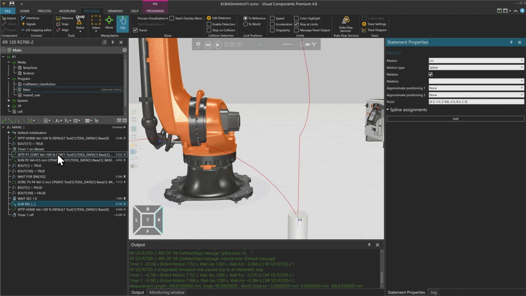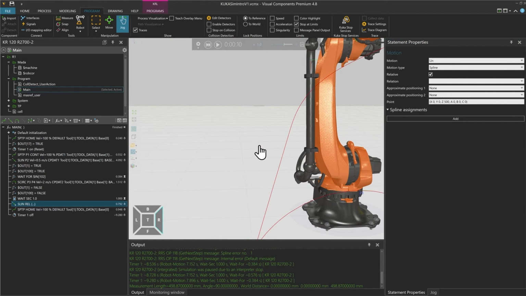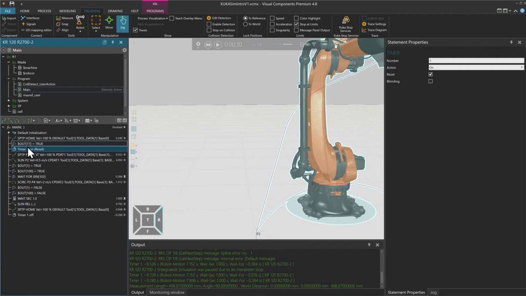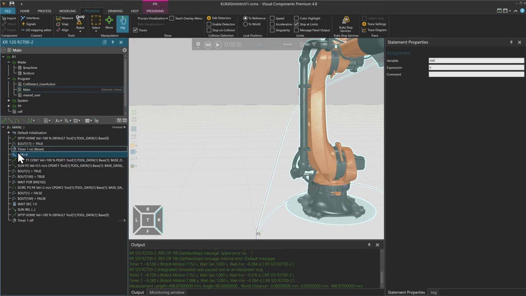In addition to that, we can also calculate points. So for instance, I want to change the point 1 that is currently up here, and I want to put it further down. So I can go after my timer statement, and now here in the logic, go to an assignment. In this case, it just sets the variable var to 0. This is not what we currently want to have.